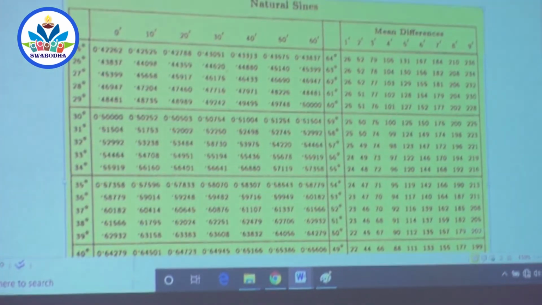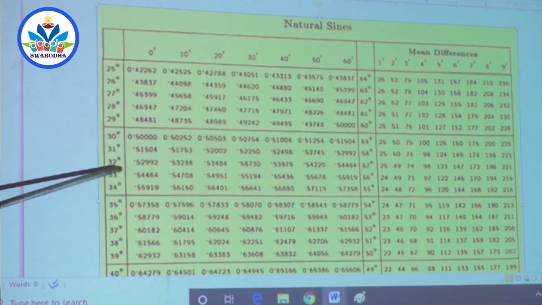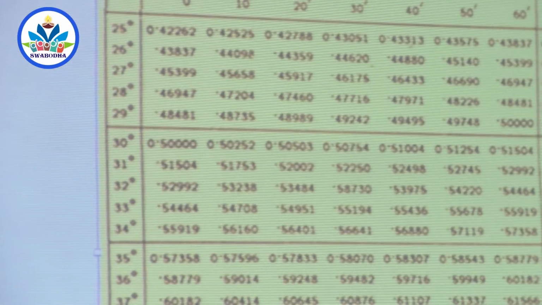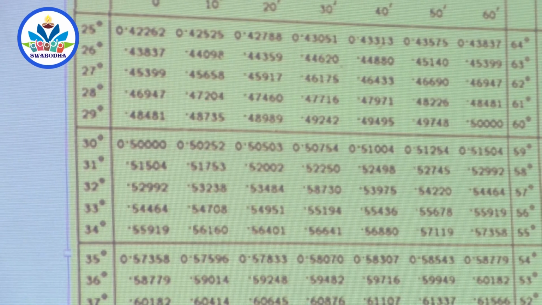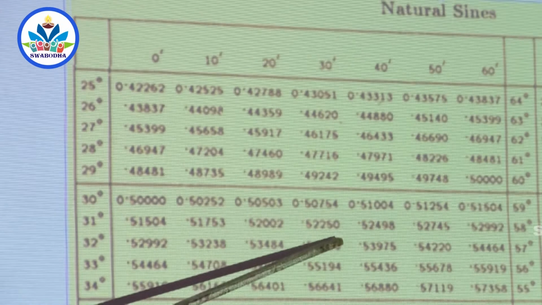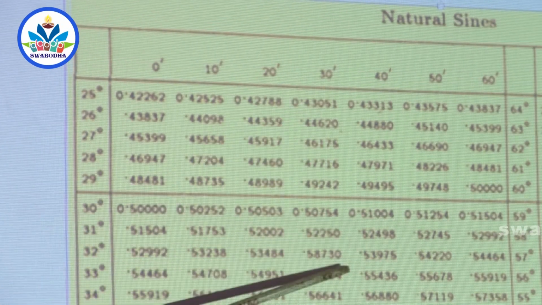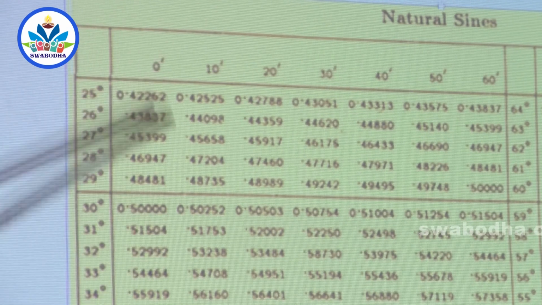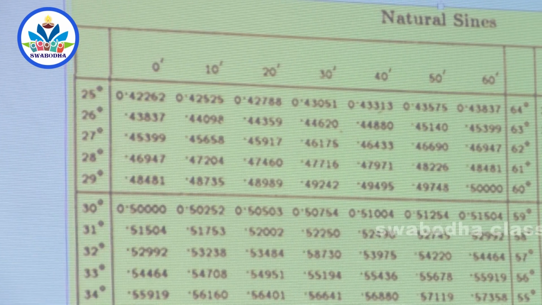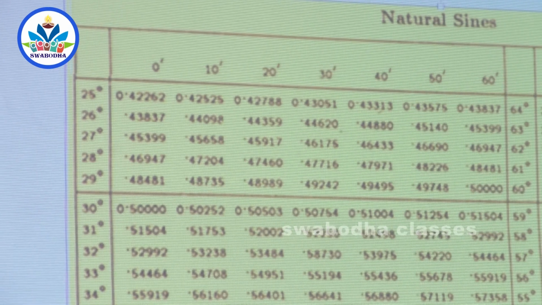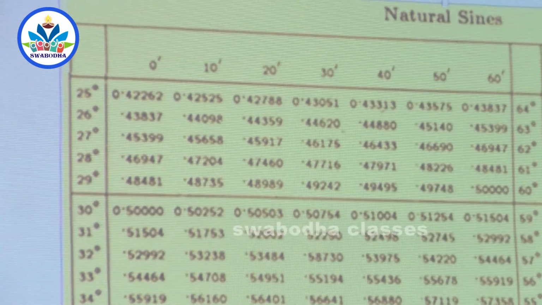Sin 32 degrees 0 minutes. Do you get it here? It is 0.52992. If you want to know 32.5 degrees, for example, where will you go? 0.5 degrees is 30 minutes, so 32 degrees 30 minutes is here, half a degree. But now it is only sin 32 degrees, 32 degrees 0 minutes, so it is 0.52992. Correct? You know sin 30 is a half, so it should be very close to half.